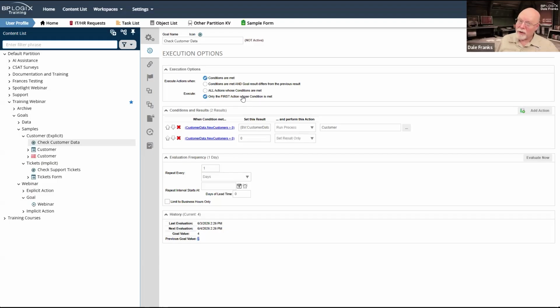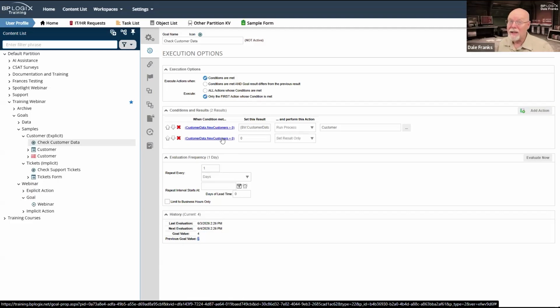So when we say first action, that means that the order in which your conditions and results appear is very important, because if you have five things and three of them might possibly be true at any given time, then you have to rank them in the order in which you want them to run from top to bottom.